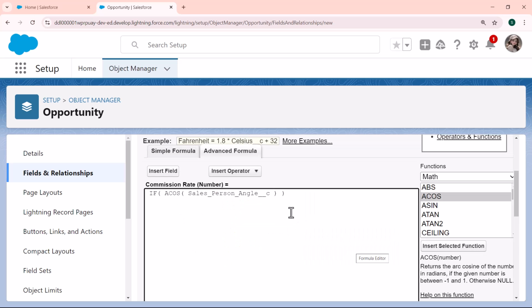and click on the insert, and then I want the greater than sign, which is Salesperson Angle is greater than 0.5, and then 0.15, and then 0.10. I create this formula. Here we are checking that if the angle is greater than 0.5 radians, the commission rate